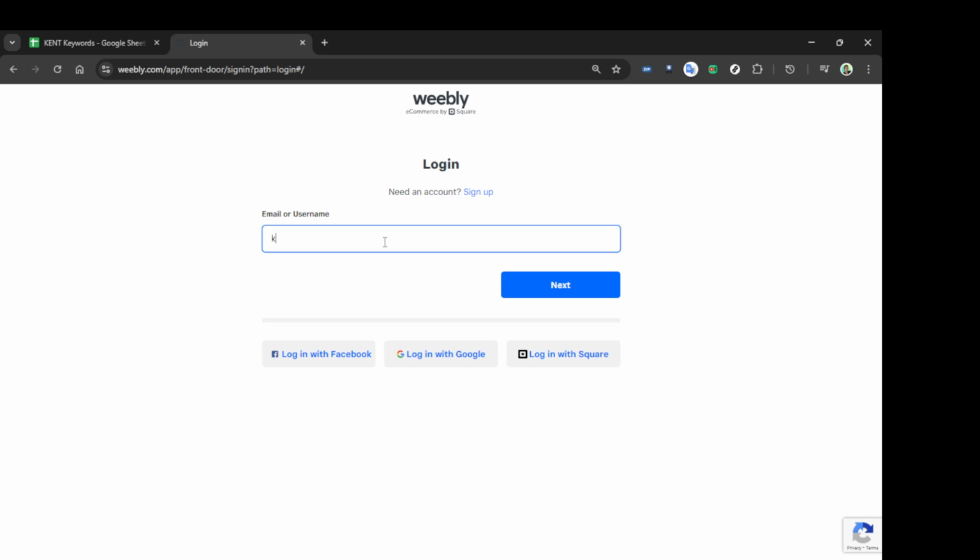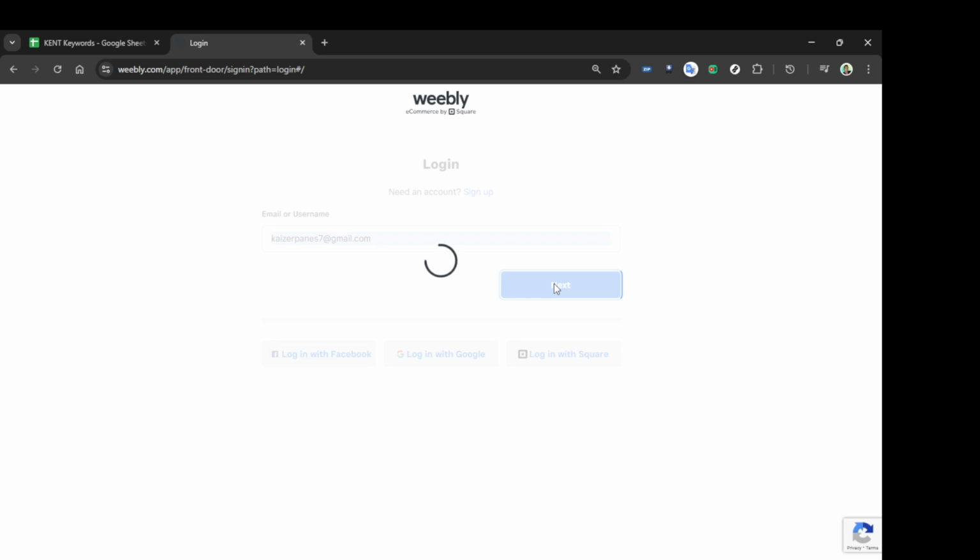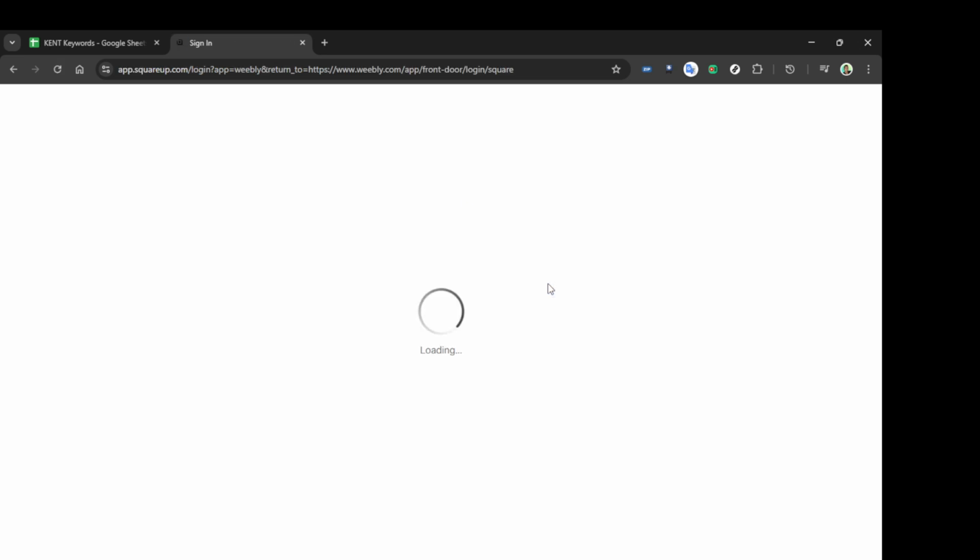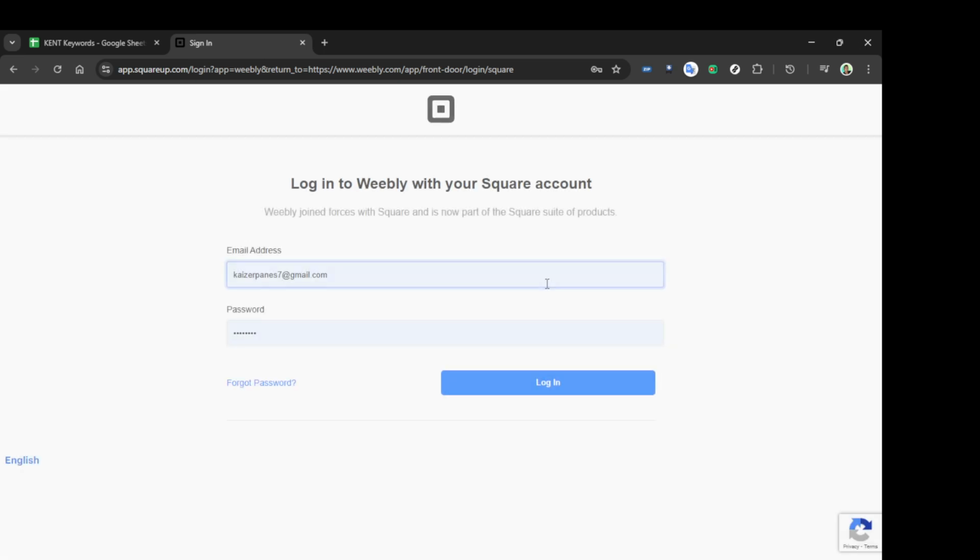At this point, you'll have a couple of options to log in. If you already have a Weebly account set up, you can simply enter your email address. Type in your email and then proceed by clicking the next button. Now, it's important to remember your login credentials, but if you're ever having trouble, you can always reset your password